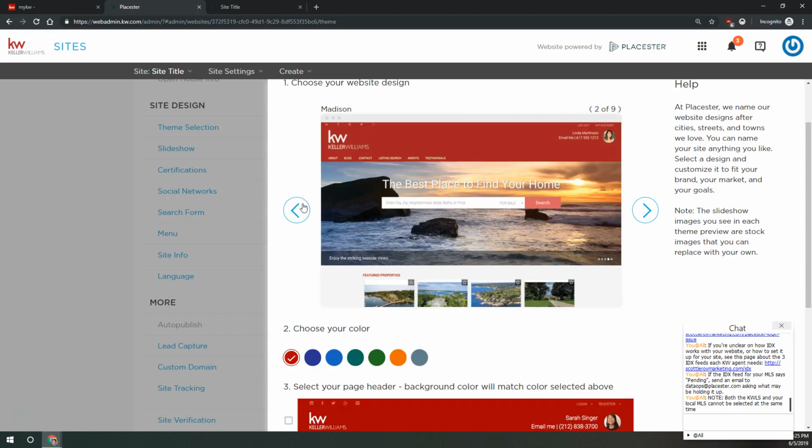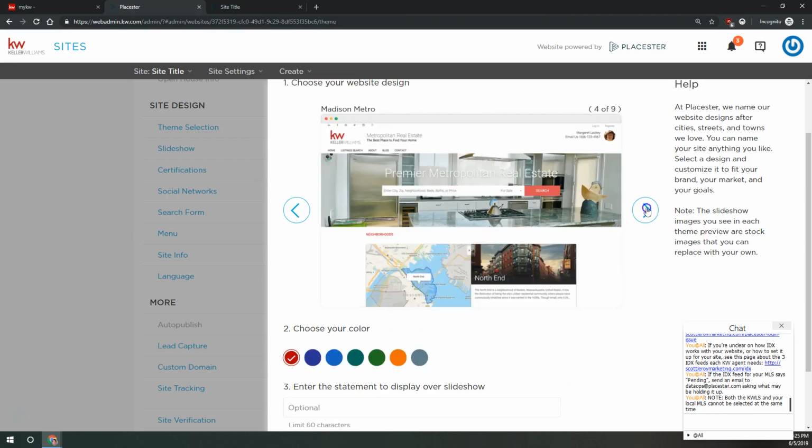Now, recently, what I've been seeing is that Placester has limited KW agents to just those two themes. So if you have additional themes, you're welcome to use those. Unfortunately, we can't control what Placester does, and you may just be limited to those two themes. Where was I? So we're going to leave the Madison selected, but you can click through and choose a different